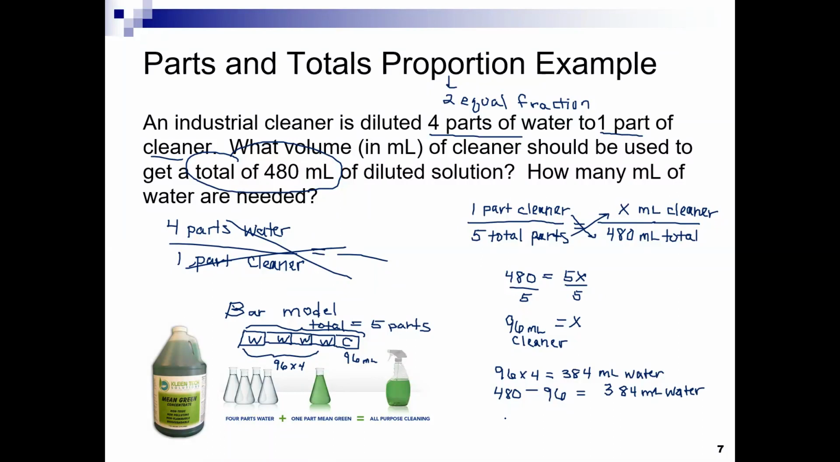The final method is the more mathematically complex method, but it would be to use a proportion similar to what we did to find the cleaner. So I would use 4 parts of water out of 5 total. And that would equal X milliliters of water out of 480 total. I would then solve this with the cross product, and once again, I would get the answer of 384 milliliters